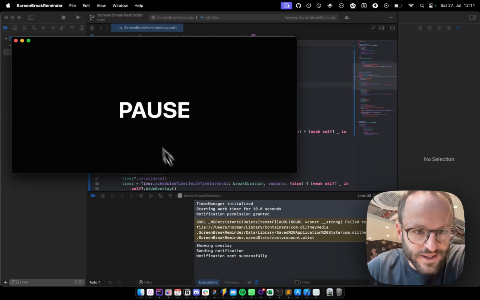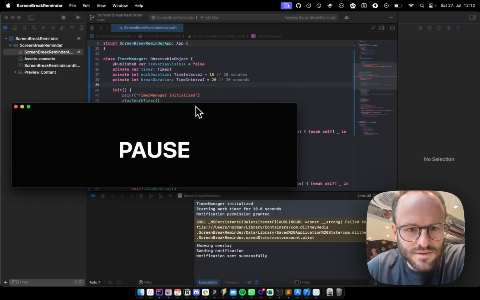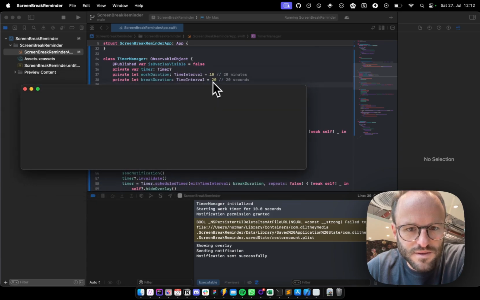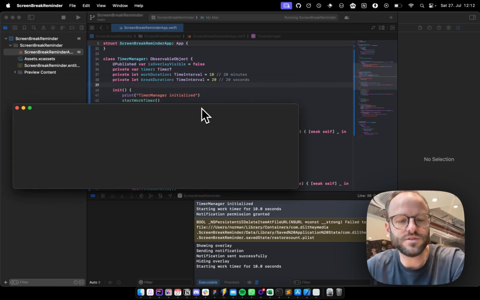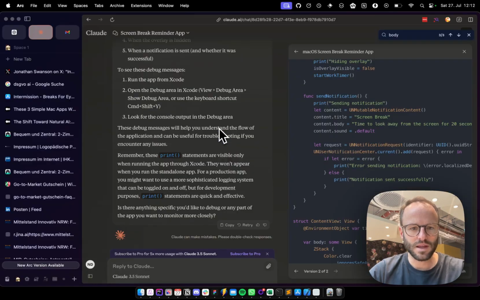Actually, it's not an overlay yet. Obviously, it's just the window. Let's see what happens after the 20 seconds. So the 20 seconds are defined here. Yeah, so it actually removes it. Now this is looking pretty good already. And what we actually want to do is